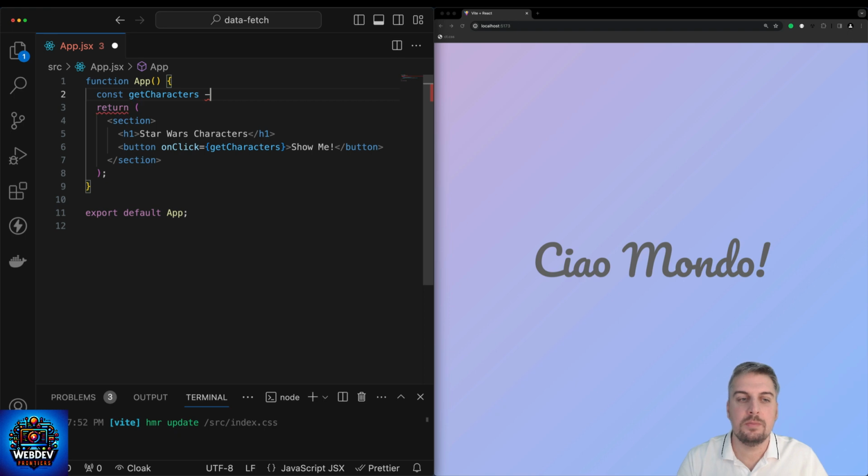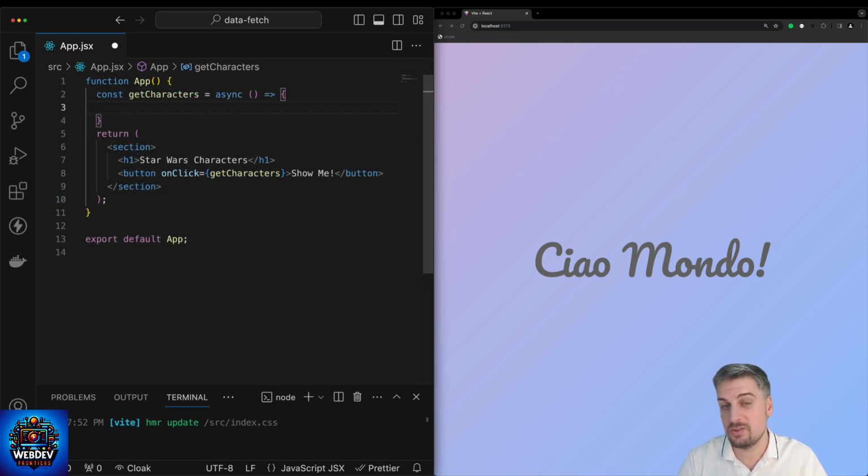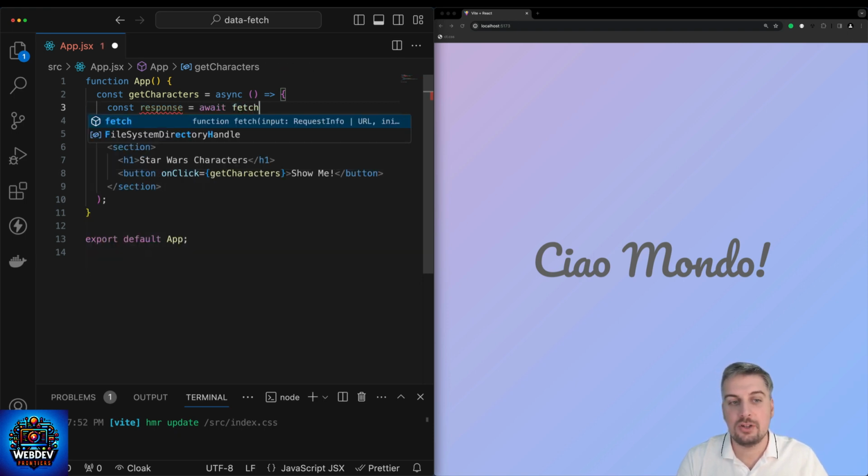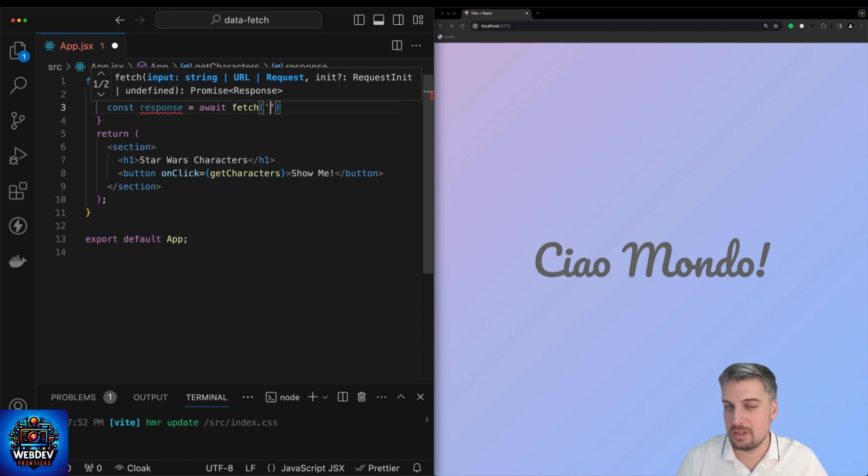So this is going to be an asynchronous function that we're going to be calling. And the reason why it's going to be an asynchronous function is because we would like to use the fetch API to make a request, and the fetch API supports promises. And I would like to use the async await keyword in here. So let's create a response and let's call await fetch, and then let's go out to a particular REST API